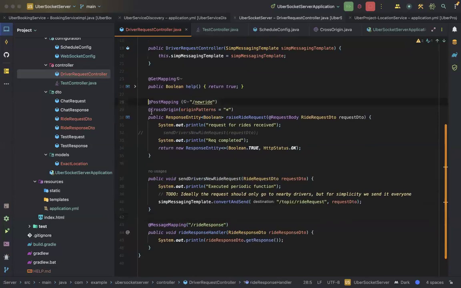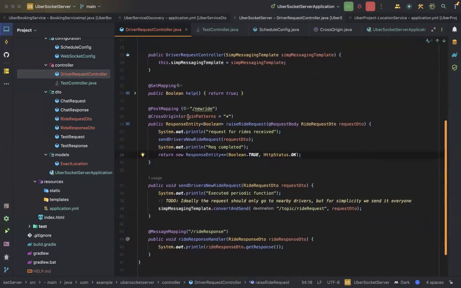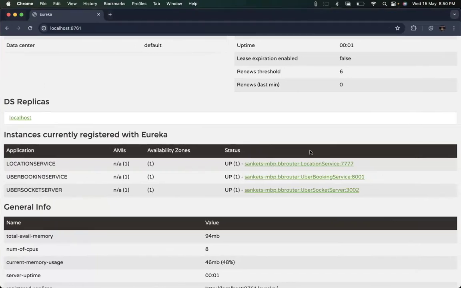We wanted to check the post request to /new ride. And if you remember what this was actually doing, this was just making a call to send drivers a new ride request, right? And this was sending a new ride request on my front end. Remember, guys? And if the riders accept that request, you can see we had a ride response. And if I open VS Code,